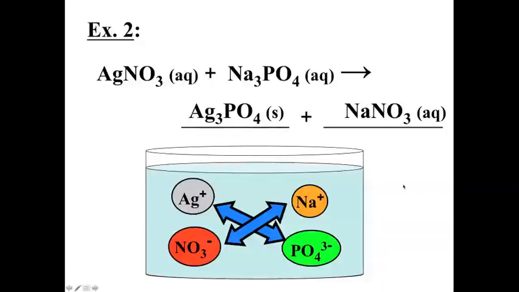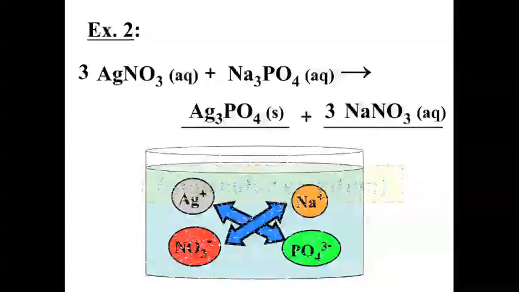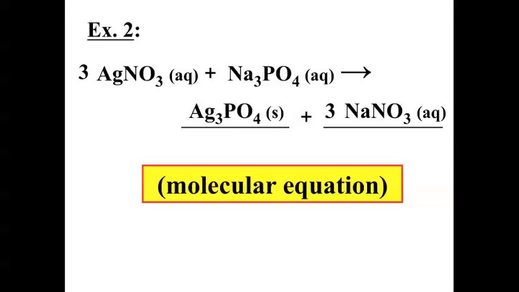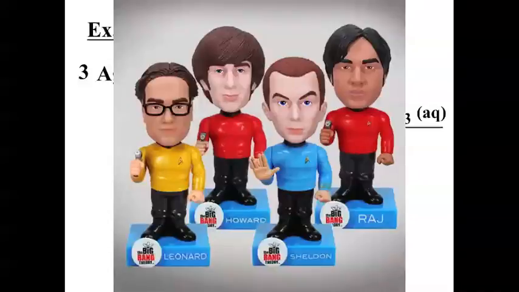And then of course you might notice it's not balanced now. Pause if you want to think about how to fix it. And then here's how you do it. You of course need a 3 and a 3. All right, that's called the molecular equation. We'll talk about another way of writing things called the net ionic equation and the overall ionic equation next, as well as how to determine which of the products, if any, forms a precipitate. So I hope that's a useful lesson, and we'll post it to YouTube and see how things